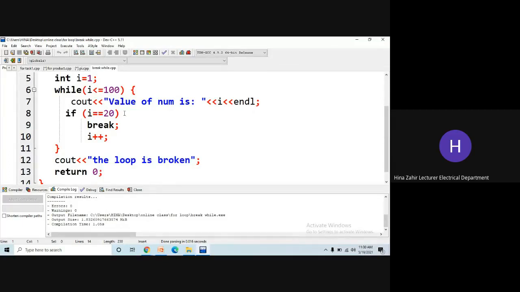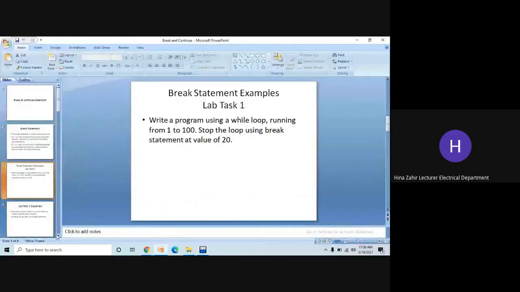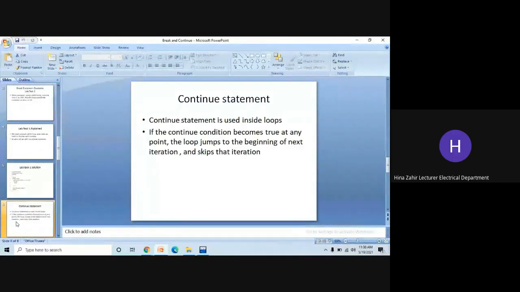It's not like continue. In continue it goes to the next iteration, but in break the loop is broken. The loop will not run further and it will stop. So this is how you can break a loop. These questions are usually in MCQs, on break or continue statements. Most of the time, the only confusion is that students sometimes think that continue is actually breaking the loop.